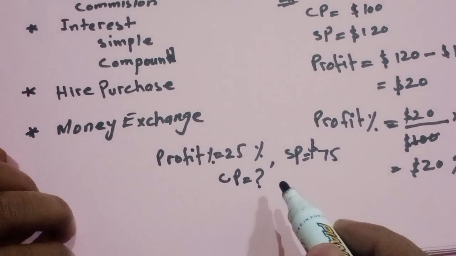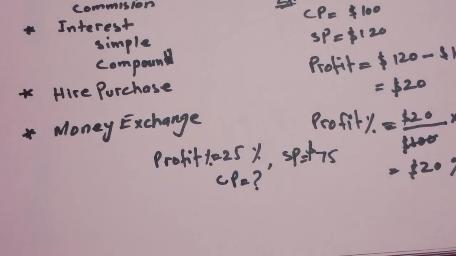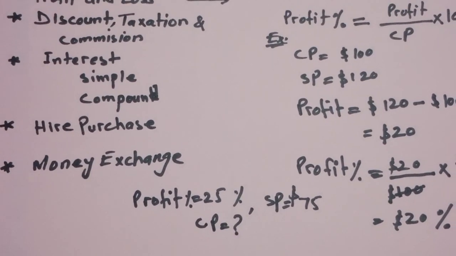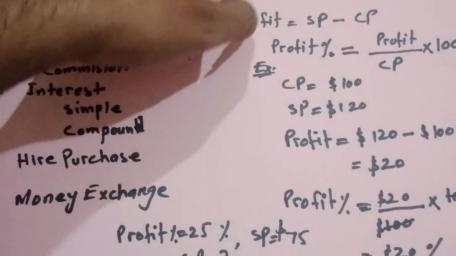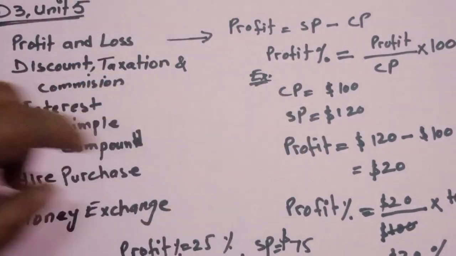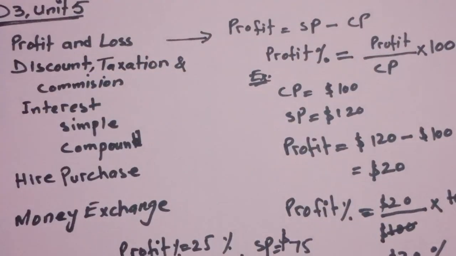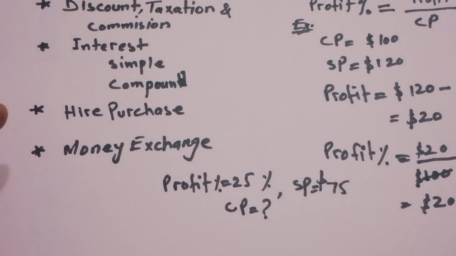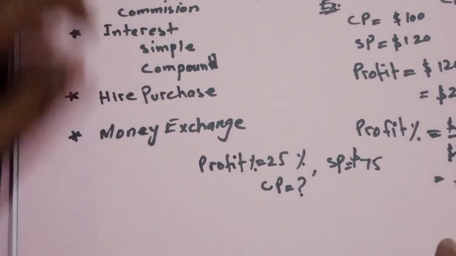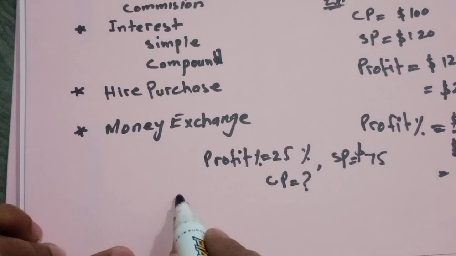For this one, I'm going to utilize the very basic, very first formula which we wrote at the beginning: the amount of profit is equal to sale price minus cost price. I'm just going to utilize the same formula to calculate that one. The profit,